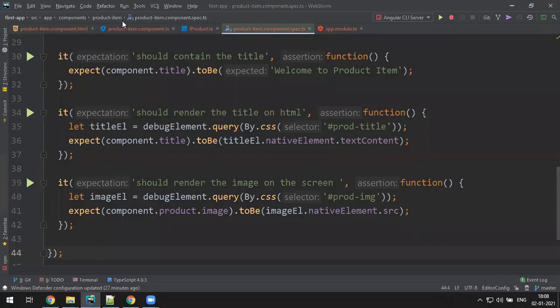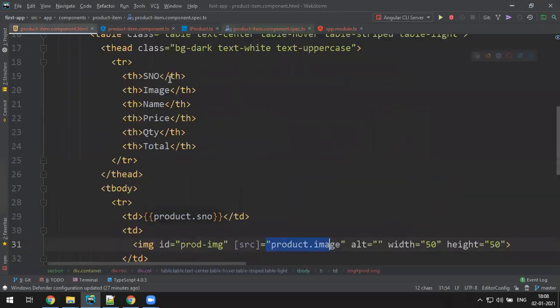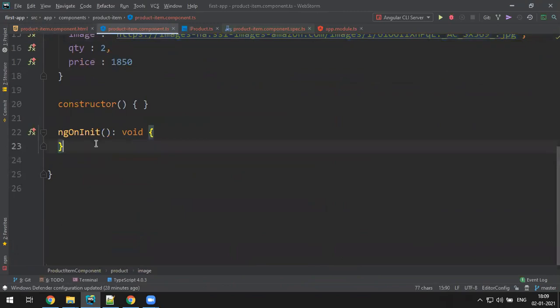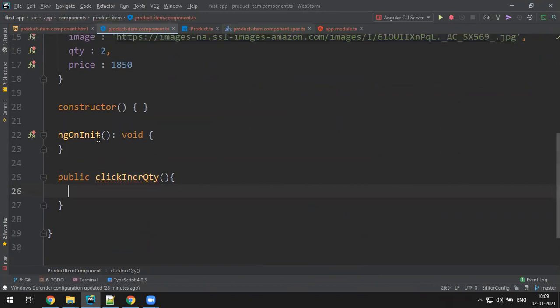First of all, go to HTML, and for plus I'll add a click event: click equals increase quantity. Copy that, then go to the component: public click increase quantity.